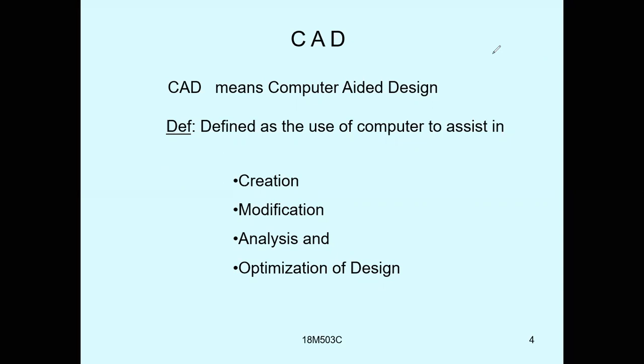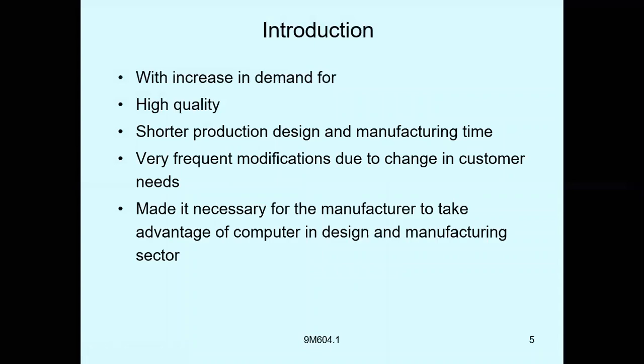Coming to the next slide. In this slide, why should we go for computers when we have manual design? Let us look at the first one: increase in demand. As the demand is increasing for different products, we should catch that demand. With our manual designs we are unable to catch the demand of different products, so to catch that demand we are using computers in the design.